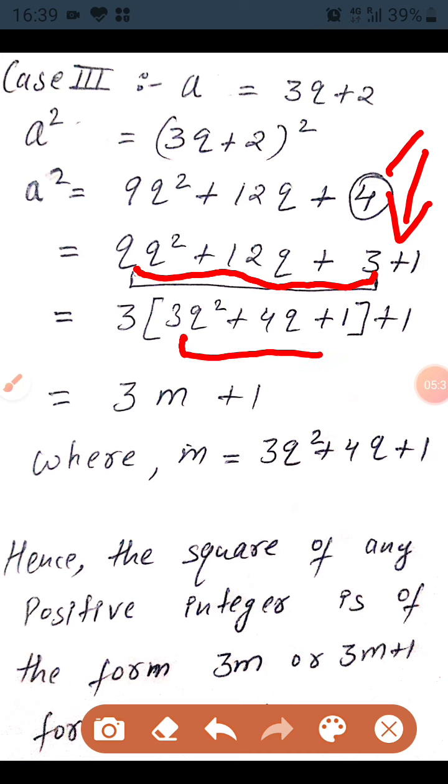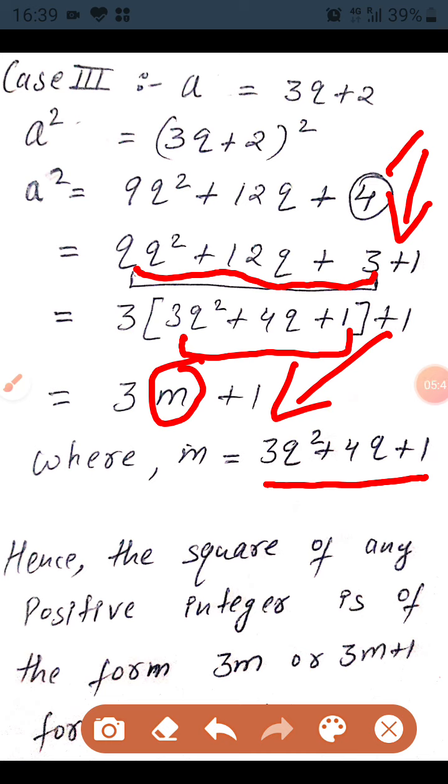Write all of this in brackets as m and plus 1 as it is, where m is equal to 3q square plus 4q plus 1. And at the conclusion, write: hence the square of any positive integer is of the form 3m or 3m plus 1. Here most of the students done